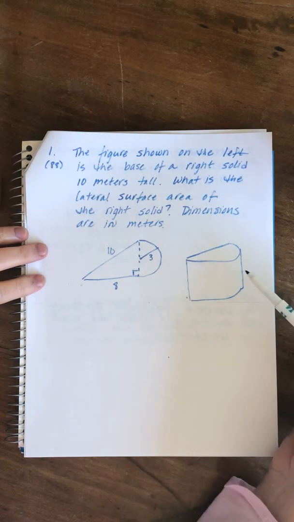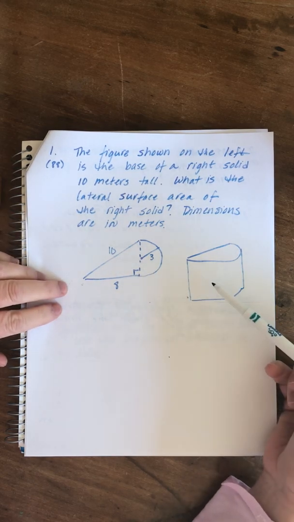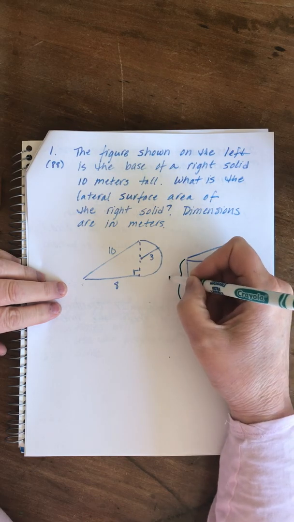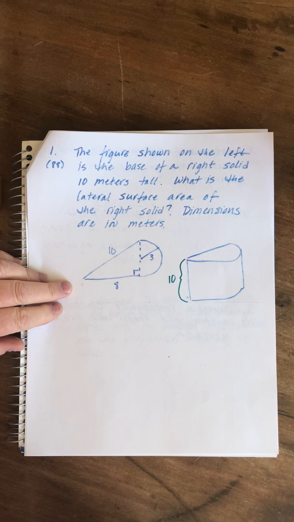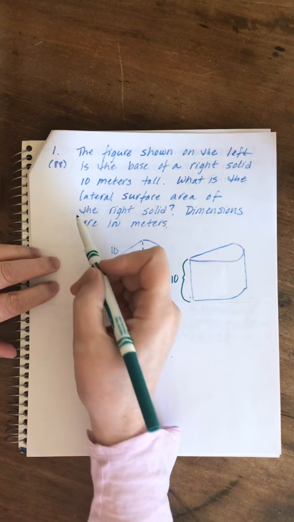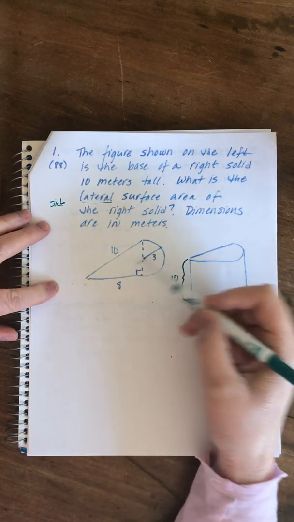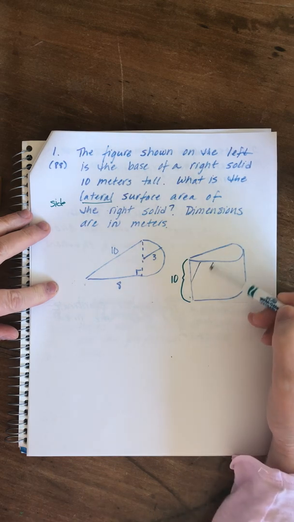The figure shown on the left is the base of a right solid 10 meters tall. Okay, so this is our three-dimensional thing. It's 10 meters tall. This is the base of it. What is the lateral surface area of the right solid? Okay, lateral means side. So what we're saying is, forget about the area of the top and the bottom. We just want to know